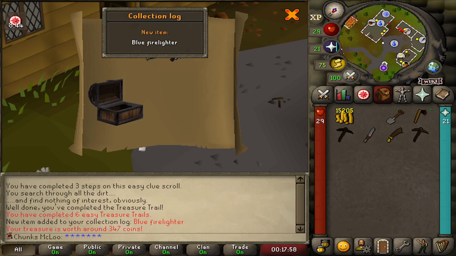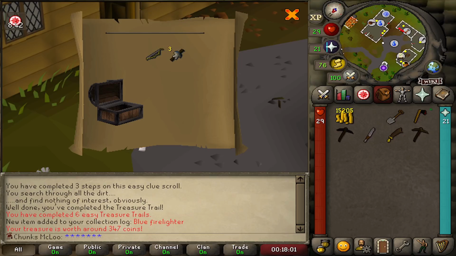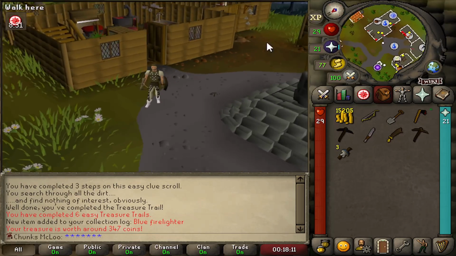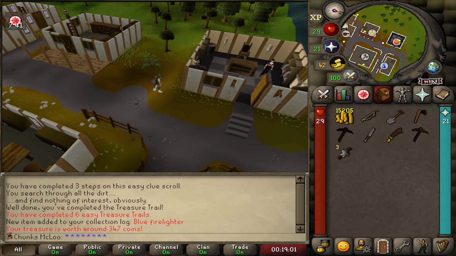Okay, nothing really very good there, to be honest. We unlocked blue firelighters, which is, I guess, a good thing because it's a new unique. That's part of the collection log. And we got a willow shortbow. So overall, not great. As the chunk we've just unlocked is connected to Port Sarim, I'm going to take advantage